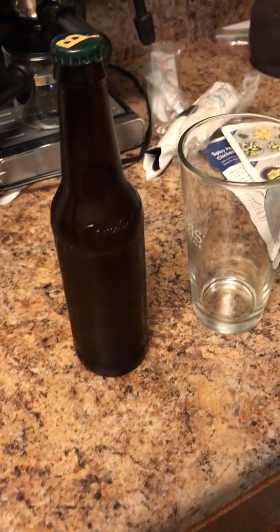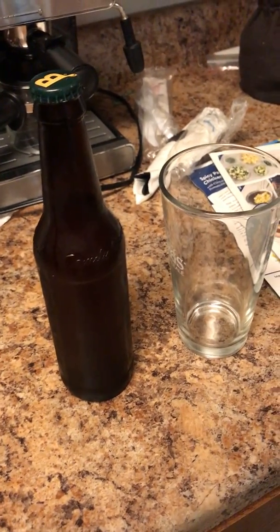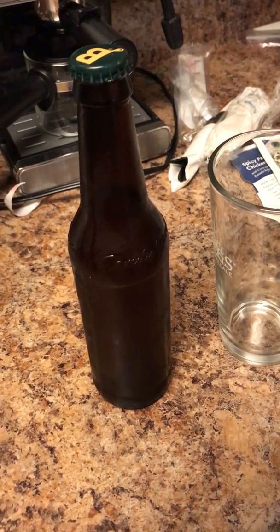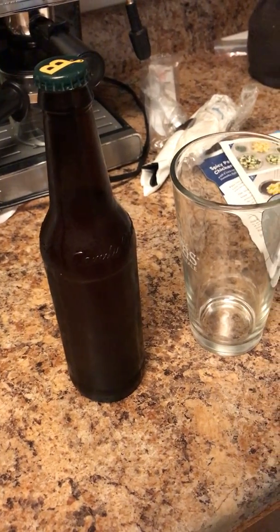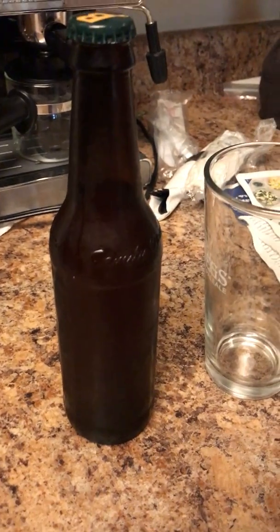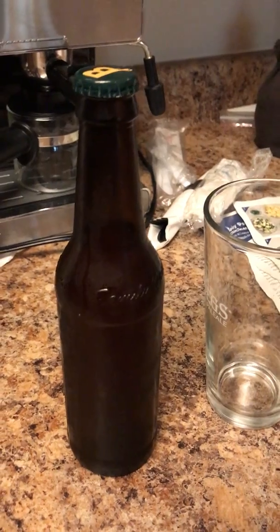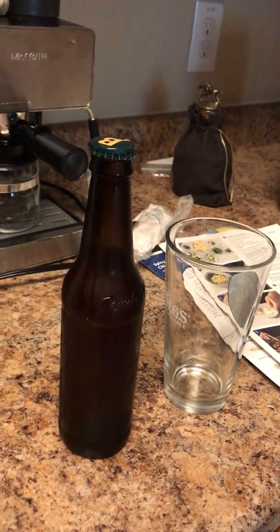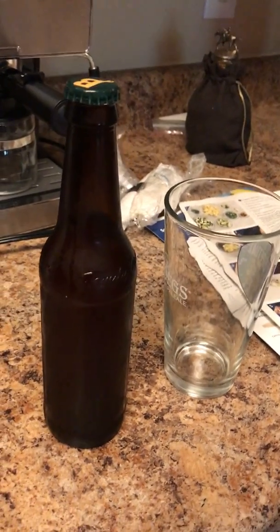Grapefruit IPA. Day 10 in the bottle. So this morning I threw this bad boy in the fridge, let it get cold. This is an old Yingling bottle, so it's on the screw top. I'm gonna check how well it carbonated compared to another bottle, like a standard bottle, and then of course